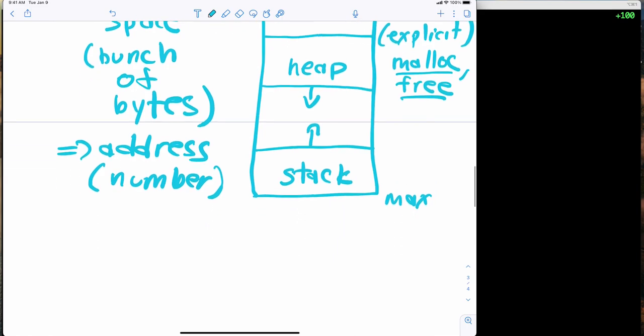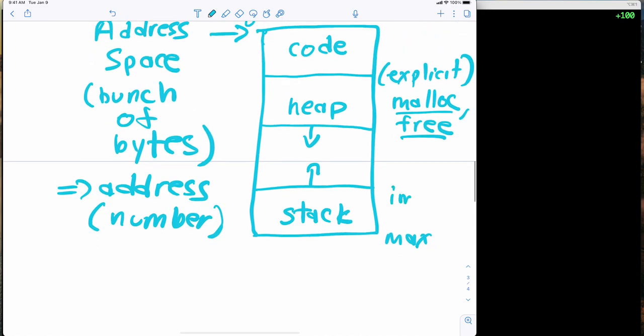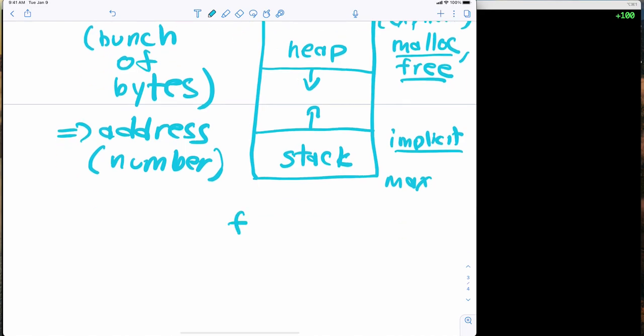Stack allocation is a bit different, and I'm going to say it's implicit. It's implicit because things get allocated on the stack. Well, when? When does data get allocated on the stack? Yeah, like when you call into a function. When you call into a function, let's say we have some function that returns an int or something like that, and maybe it has some variables declared inside of it,